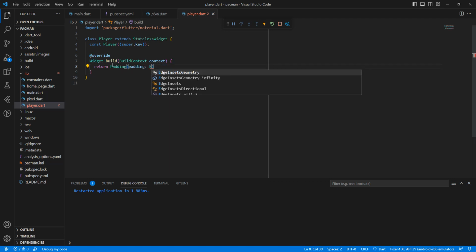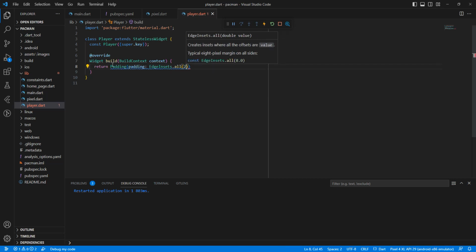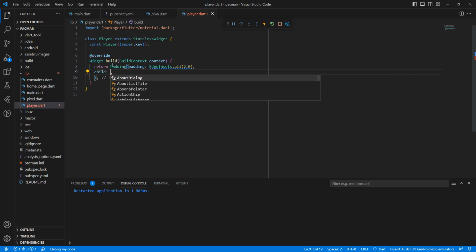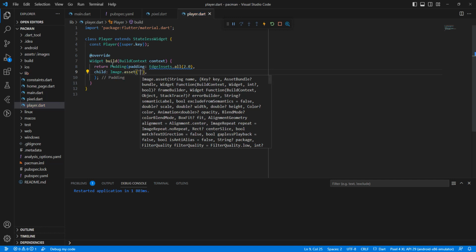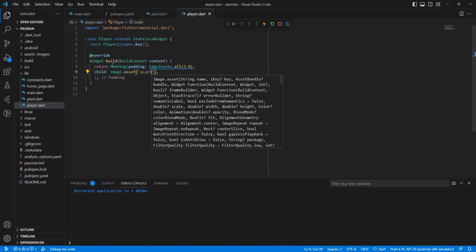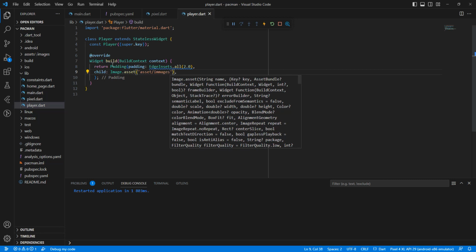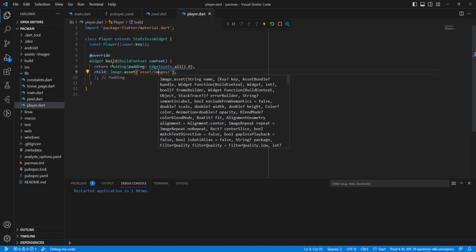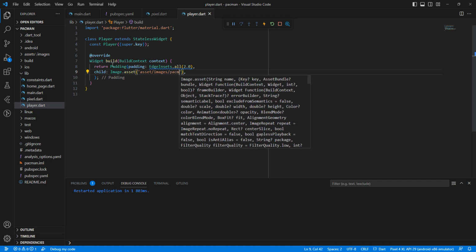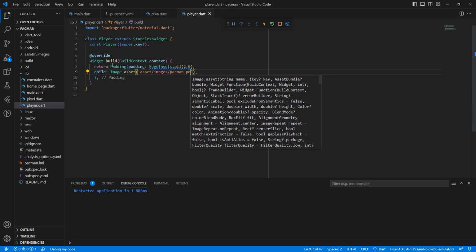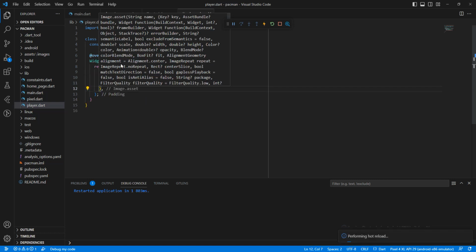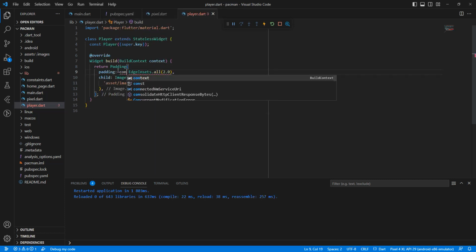Padding, EdgeInsets.all 2.0, child, Image.asset. Then we write assets/images/Pacman.png, save. Then we add const